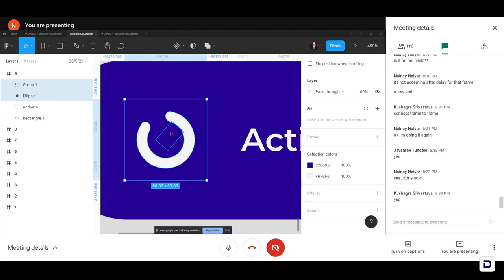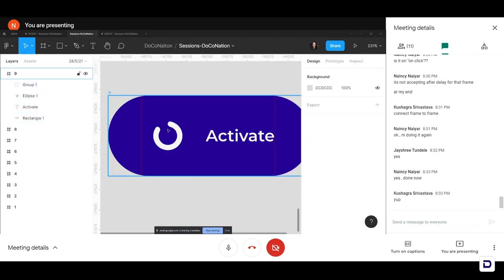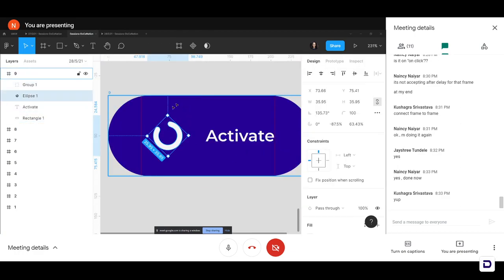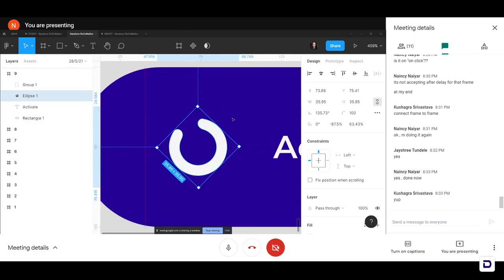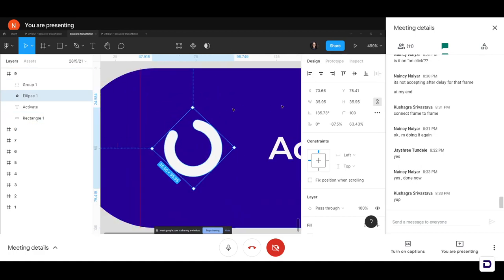Okay, so now I can see my little loader in the center, but before that, we want this circle to change back into the full circle that it was. Right, so when you select your circle, on the right side you'll see other properties appearing here along with your width and height, your angle and your corner radius. You'll be able to see this little start rotation animation, the little effects that you can see here. All you have to do is change the middle one, the sweep, to 100%, and change this as well to 100%. Change the first one to 100%.